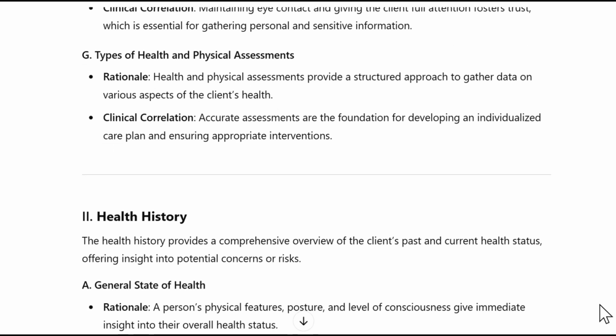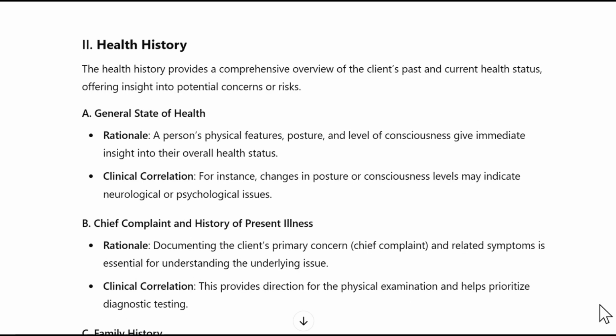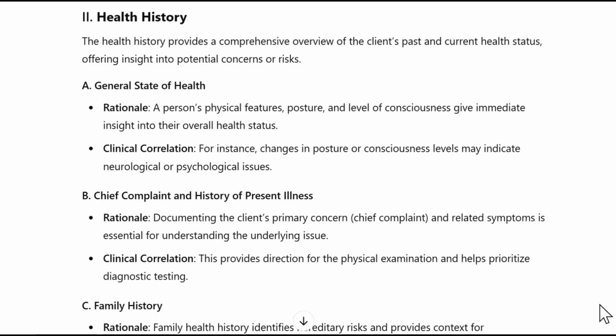G. Types of health and physical assessments. Rationale. Health and physical assessments provide a structured approach to gather data on various aspects of the client's health. Clinical correlation. Accurate assessments are the foundation for developing an individualized care plan and ensuring appropriate interventions. The health history provides a comprehensive overview of the client's past and current health status, offering insight into potential concerns